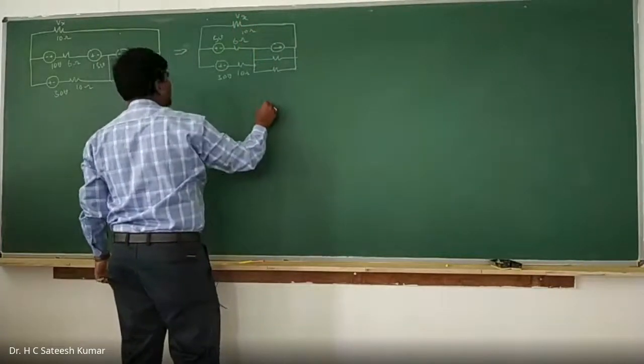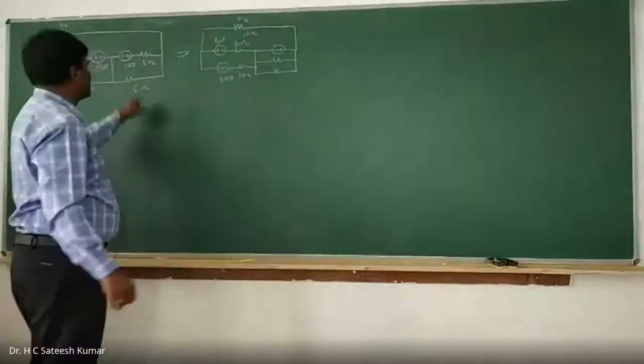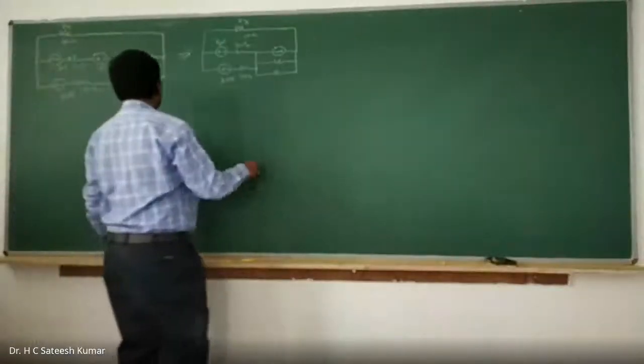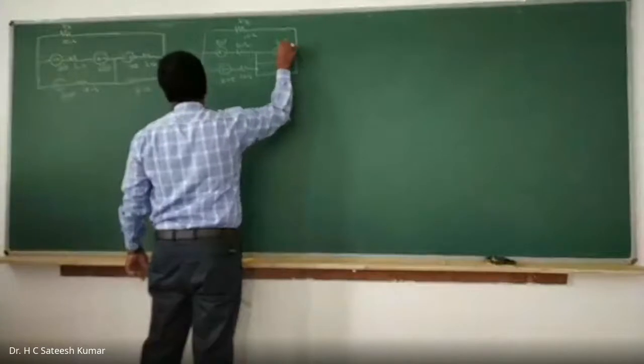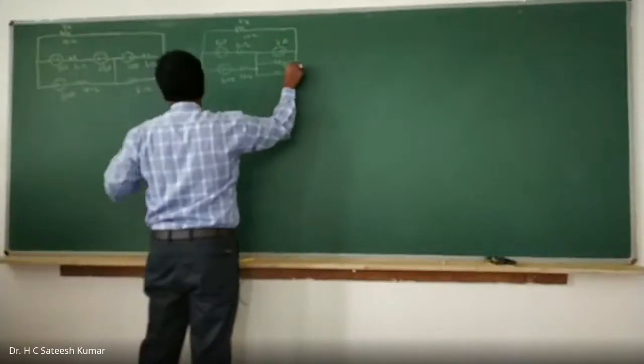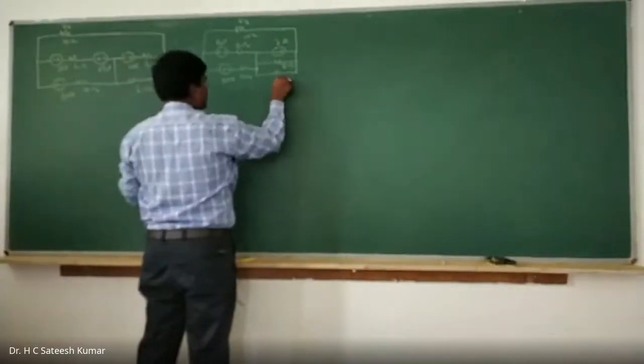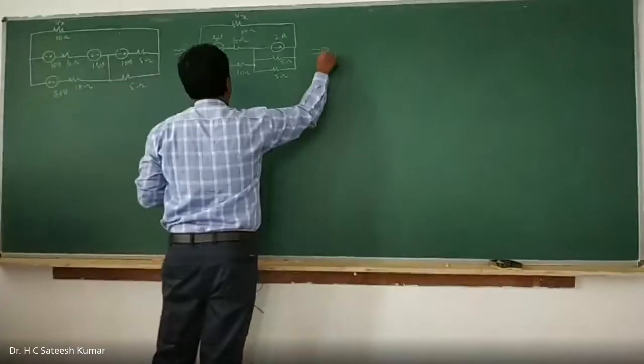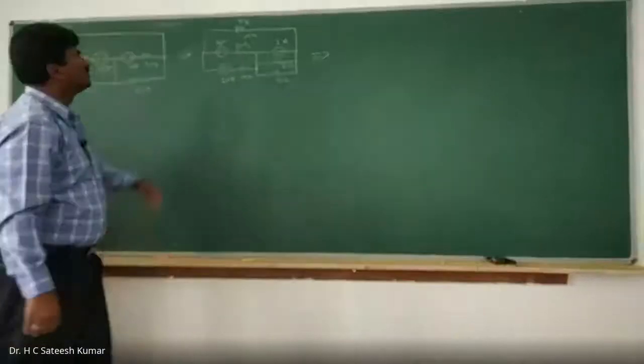Okay, right. Now what is it that we have? I is equal to V by R. 10 by 5 is 2 amps. And this is 5 ohms, you keep it as it is. And this 5 ohms, you keep it as it is. Now further, now these two are parallel.